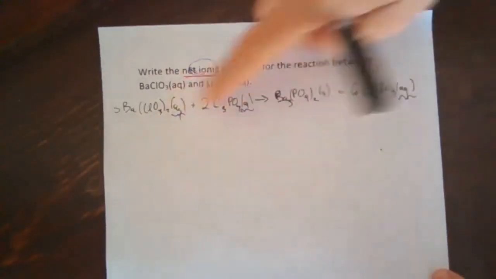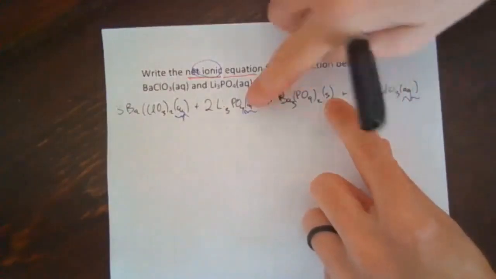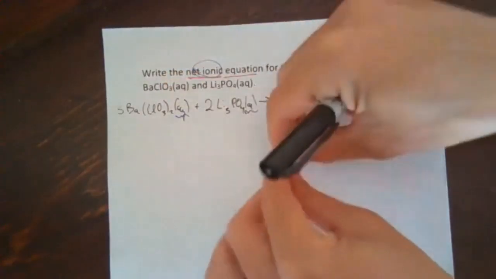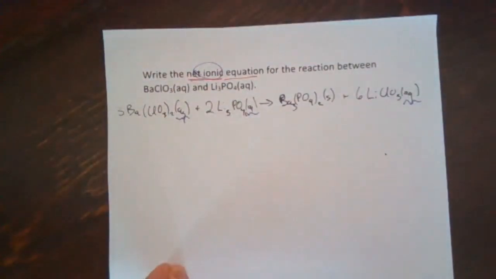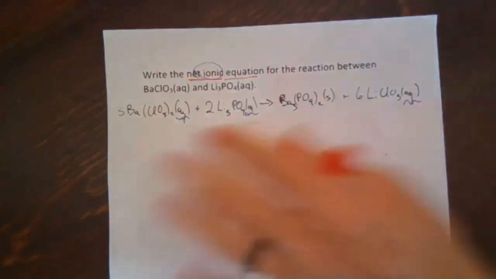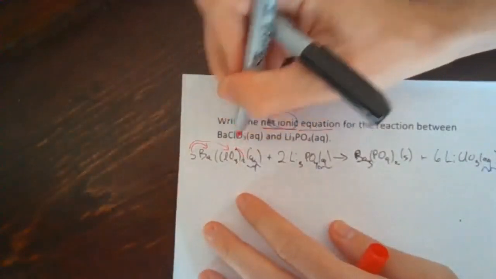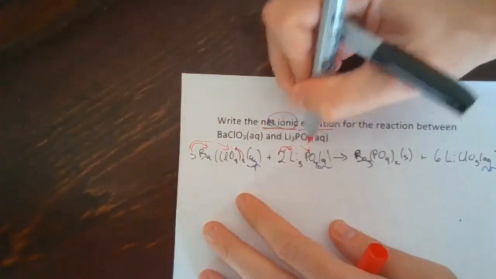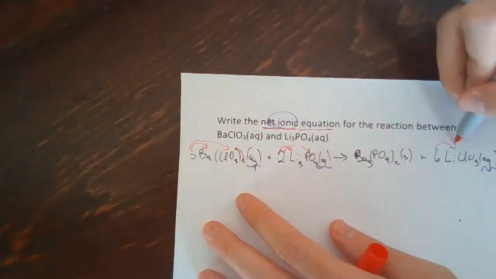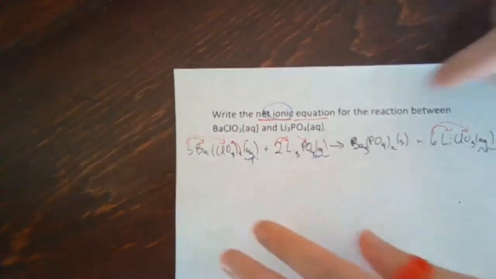So everywhere I see aq, not s, but everywhere I see aq, those are soluble compounds, and those ions want to be written separately. It needs to be done in a balanced way. So the 3 goes to the Ba, the 3 goes to chlorate, the 2 is also there. That doesn't dissolve, the 6 and the 6. Okay, so that 3Ba becomes